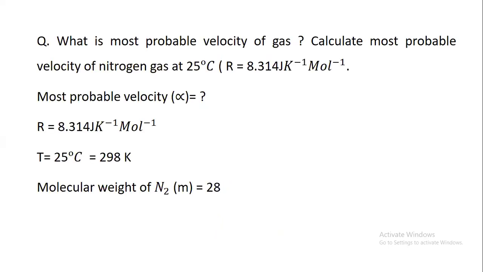What is the most probable velocity of gas? Calculate the most probable velocity of nitrogen gas at 25 degrees Celsius. R equal to 8.314 joule per Kelvin per mole. Most probable velocity,